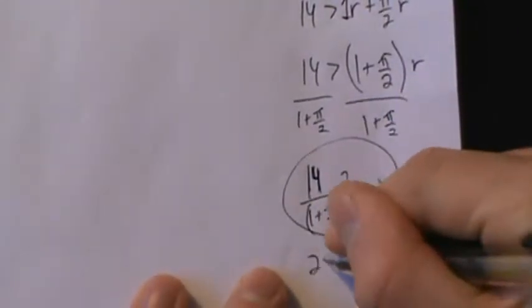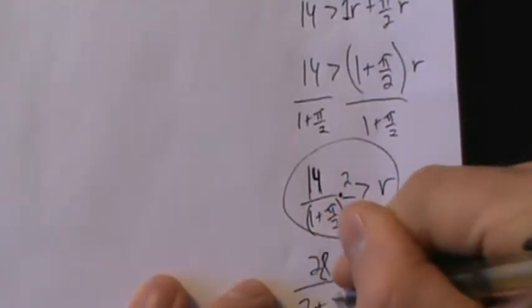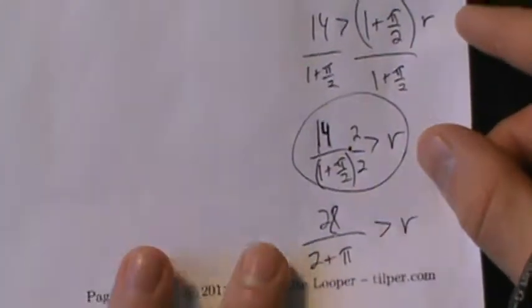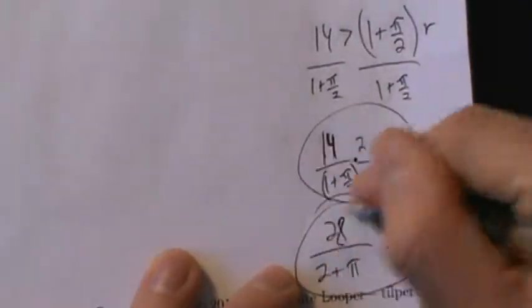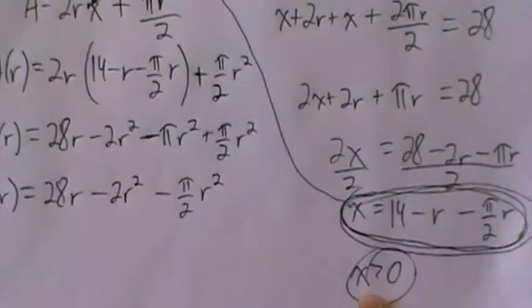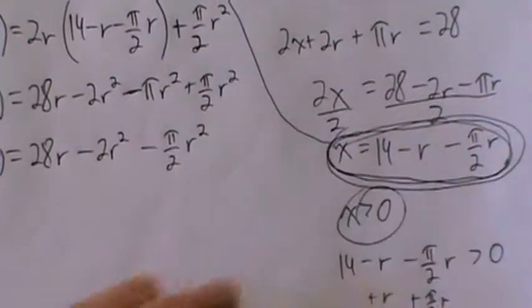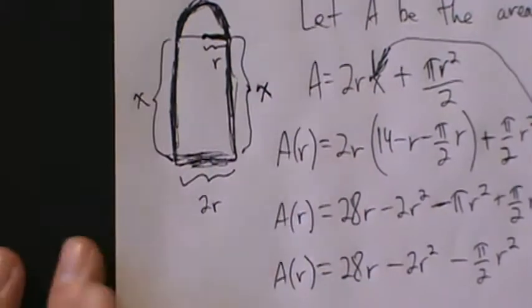So that's going to be 28 over 2 plus pi. Okay? It has to be strictly greater than r. And again, the reason we have this restriction is because x has to be strictly positive, because x represents a length or a distance, so it can't be negative and it can't be 0. Physically it could be 0, but then nothing's happening in the problem, we don't really want to deal